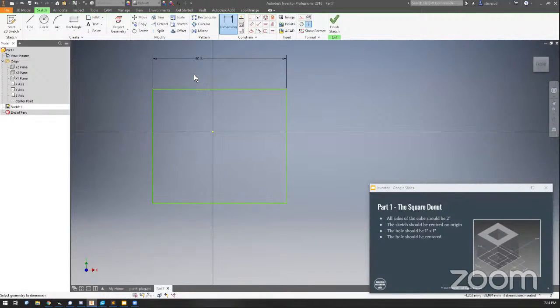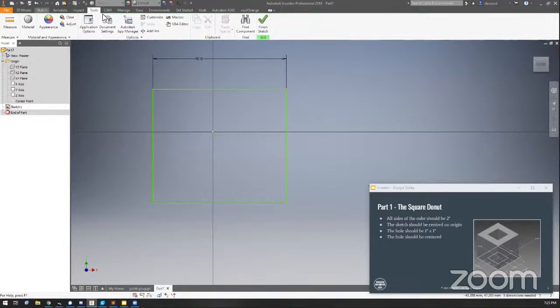Okay. So we set that to 2 inches, but this says 50.8 millimeters. This is going to be hard for us to always remember when we're looking at our part, having to do translation and remember that these things are in millimeters. So we can change the units that this part will be built in. What we're going to do is go to the tools drop down menu at the top, and then go into document settings,